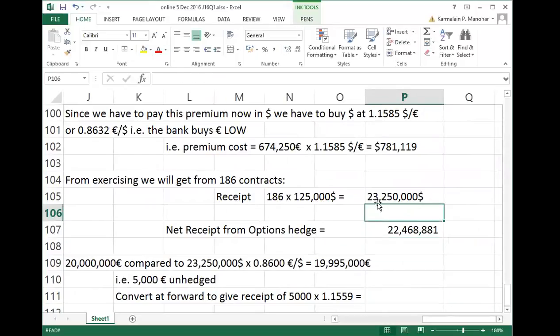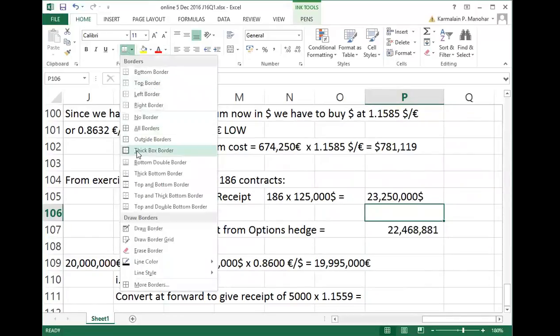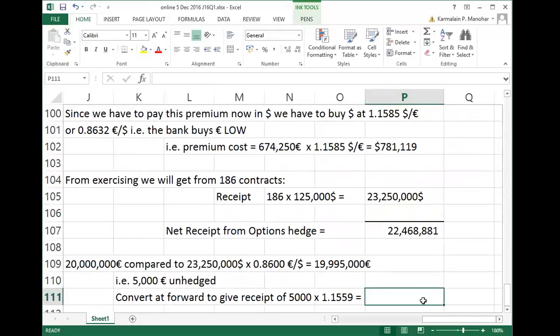So up here again, put a double line or bottom line. Yes, it's definitely immaterial, and you could definitely leave it out at this stage. Because I changed the other bit, I just wanted to put it in to compare it. So very good point, Anita. So 5,000 times 1.1559,